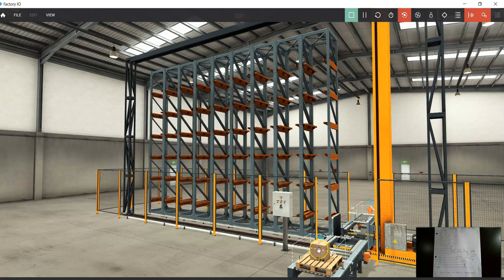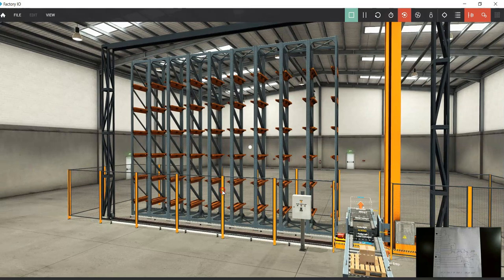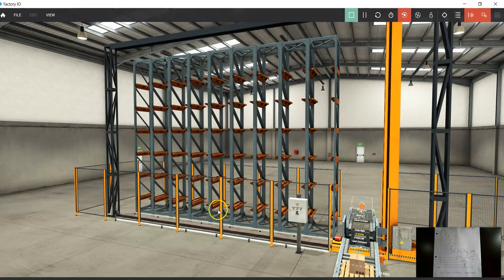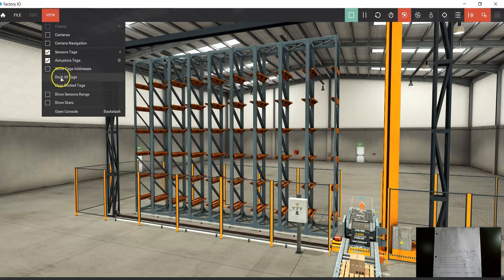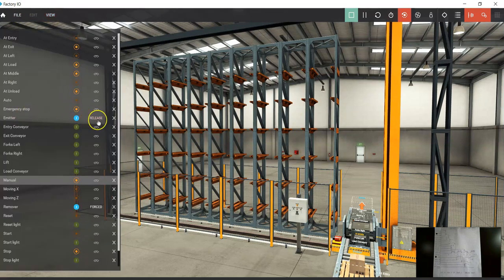Now you can see as soon as that appears, we see a box. The reason we see that is Factory IO always forces the emitter and the remover on. You can see the remover's on because it's lit up with a red arrow, and we can show that here. If we open all the tags, you can see that the emitter is forced on and the remover is forced on. So if I release it,